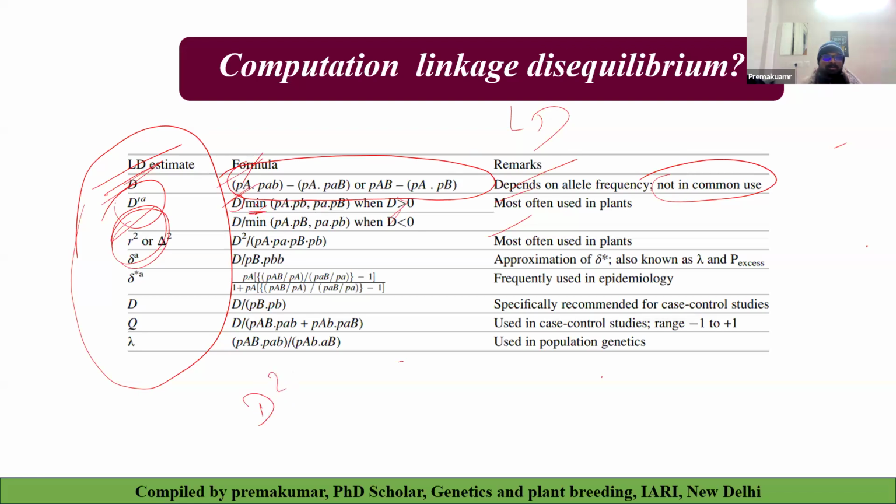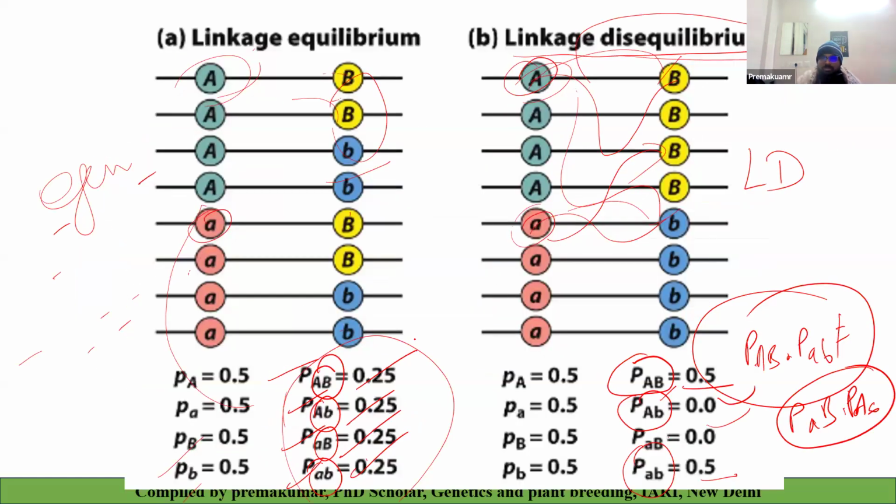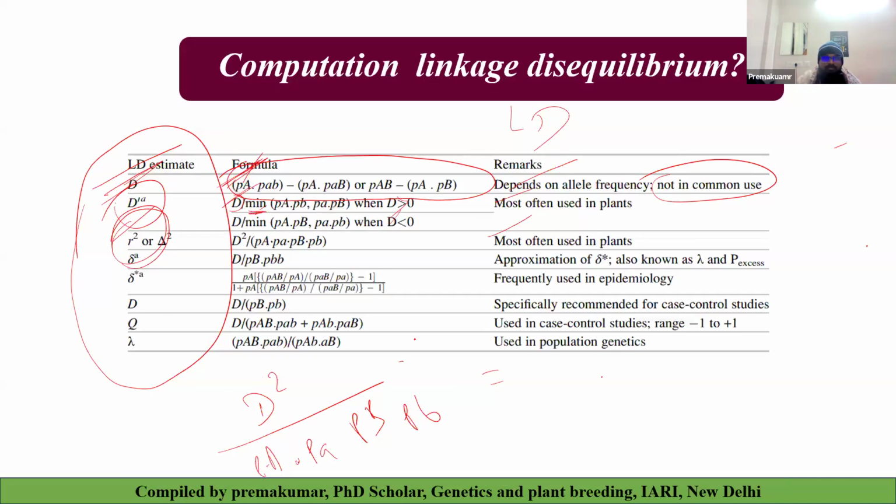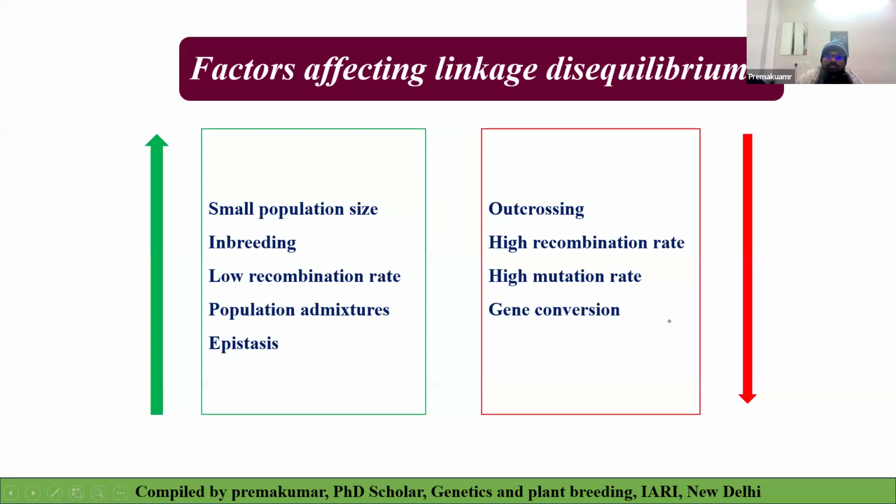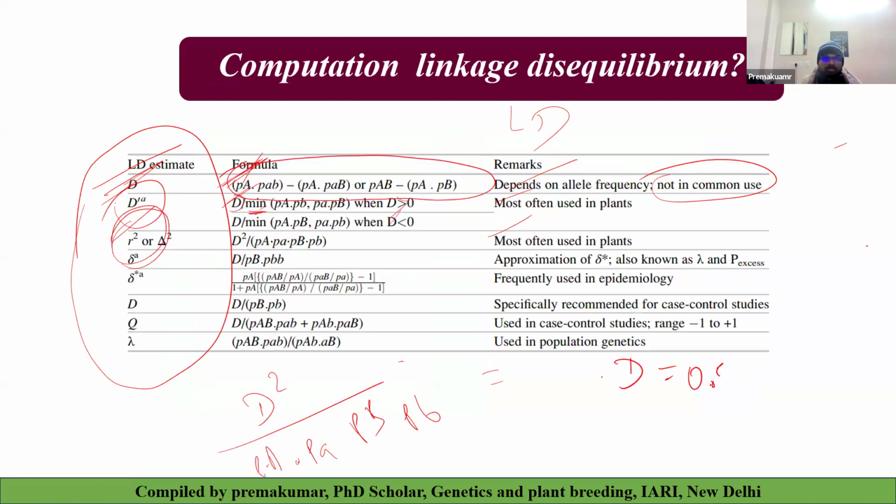You just square the D value. From this formula you get the D value, and you square that and divide it by the probability of capital A, probability of small a, probability of capital B, probability of small b. See, D square, from that you just check non-random. Here P of A is 0.5 and P of small a small b you are getting 0.5